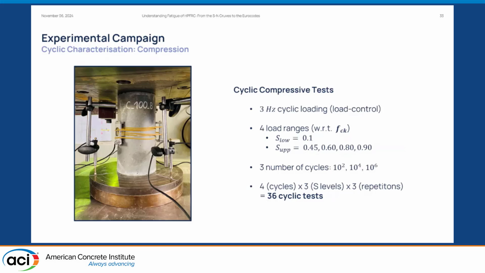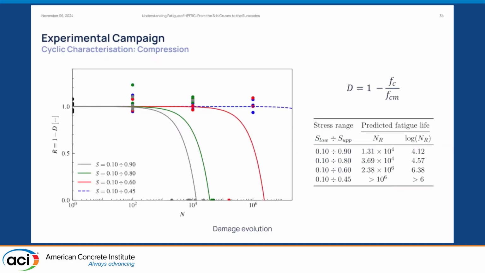Again, very similar kind of experimental procedure for load levels. This time, of course, we measure the vertical displacement to obtain the strain. And here, the residual versus number of load cycles. For 80 and 90%, we obtain between 10 and 40,000 cycles for the fatigue life, and about 1 million to 2 million cycles for 60 and 45%. And again here, the damage variable is very important to look at.